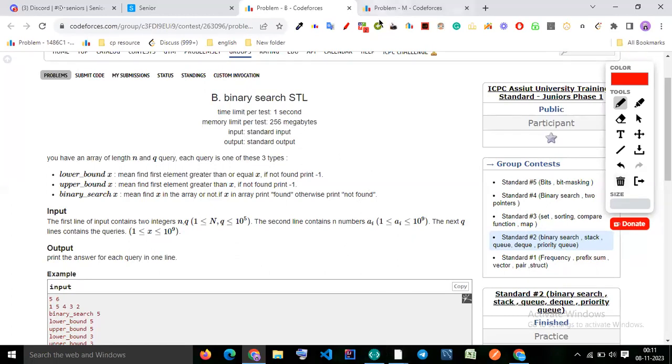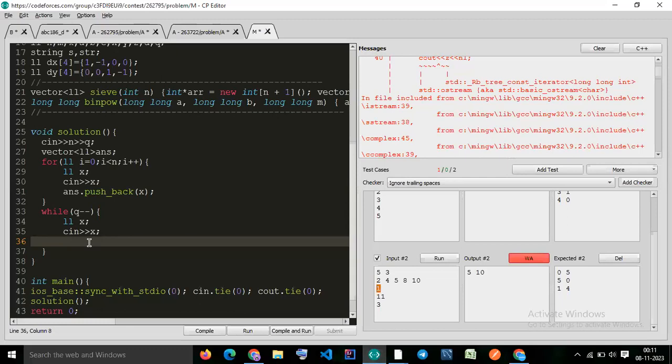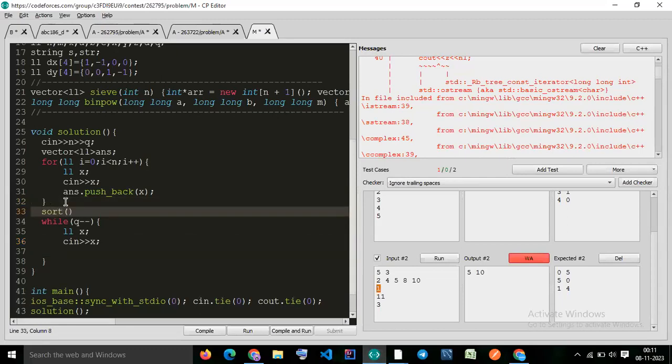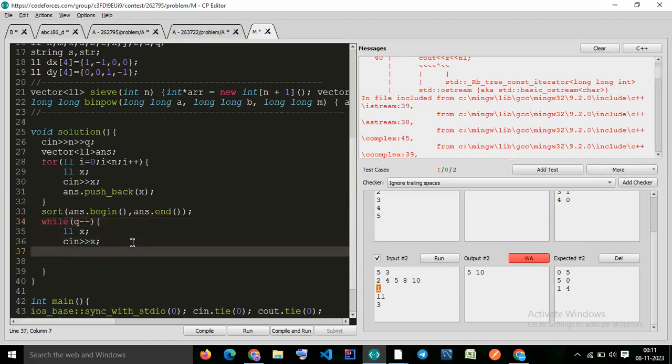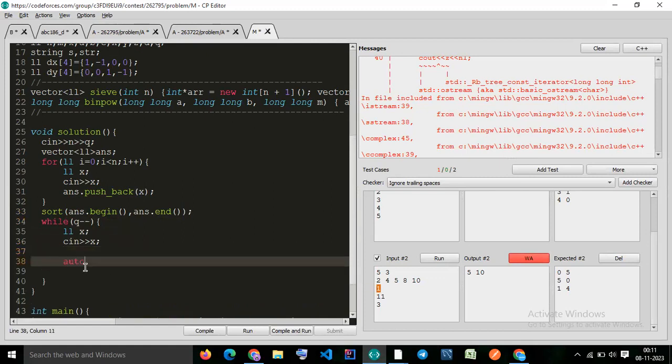Okay. So let's try to apply this concept here. So lower bound of x and the array must be sorted. So I'll just sort the array. sort(answer.begin(), answer.end()). You know how to sort a vector. So here, if I really want to find the first one, what is upper bound. So auto position, they will get the position. They are not giving the iterator, they are giving the position. So auto position